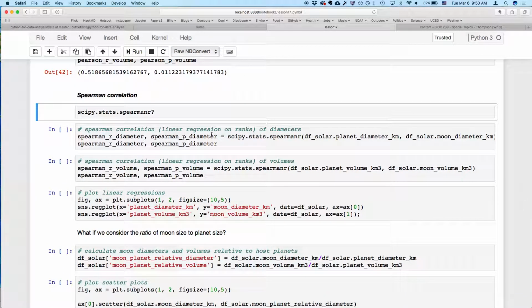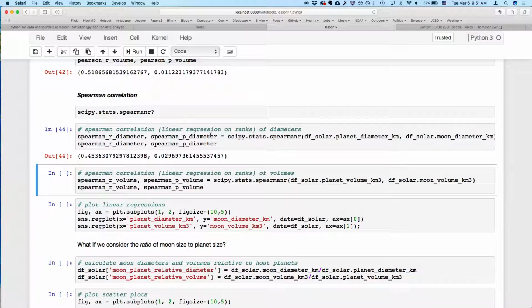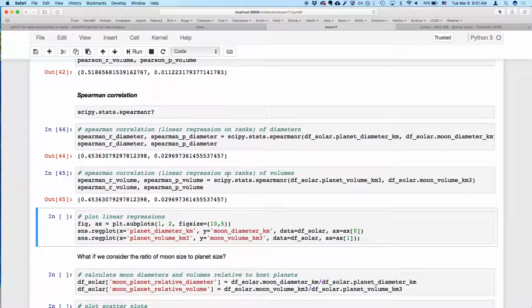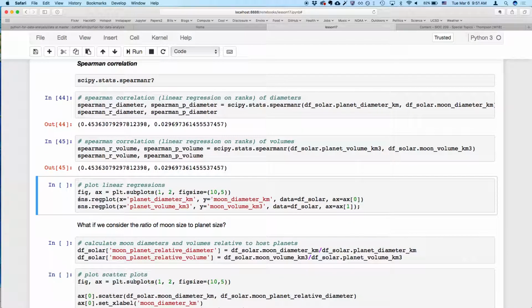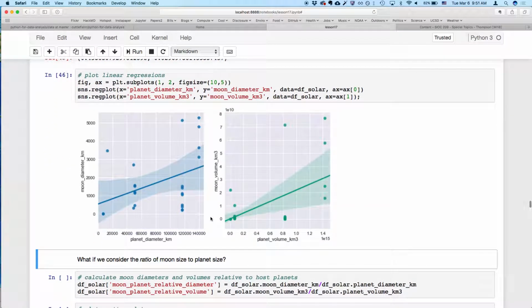So we can do a rank-based regression, and we see that there is a correlation, and it's significant between the diameters and the volumes, both. And actually, the correlation is the same because as we rank them, the rankings don't change. You're just amplifying the range, right? And again, we can plot the linear regressions using Seaborn, and we can see that there is a correlation that's moderate in both of these cases,